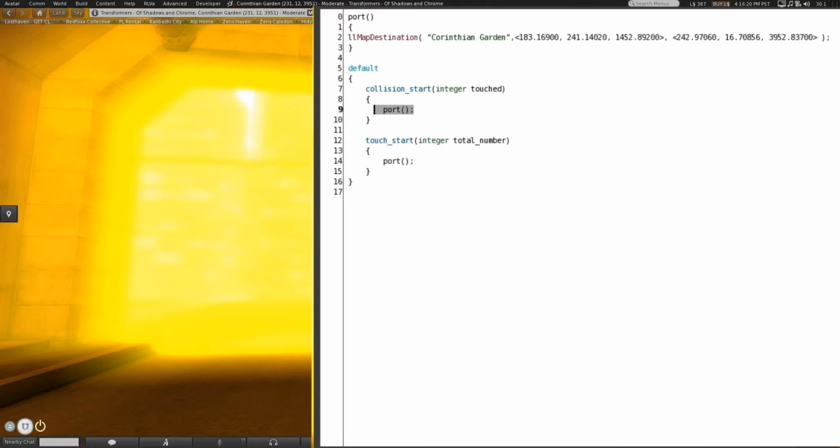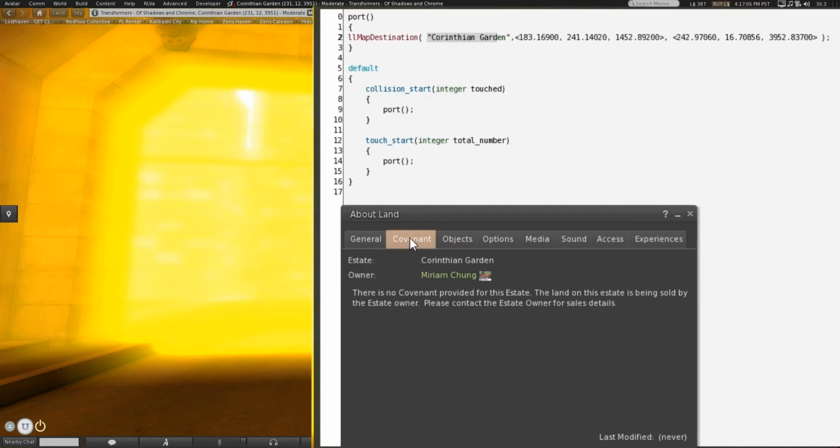So right down here, if you bump into it, or if you click it, it just triggers port, which is just that one command. The more complicated method to do this would allow you to put a landmark in there and have it port to that, but that involves a data server call, and that is a much more complicated thing to set up. What you do to set this up is you just copy the sim name right out of the Covenant tab here, Corinthian Garden,